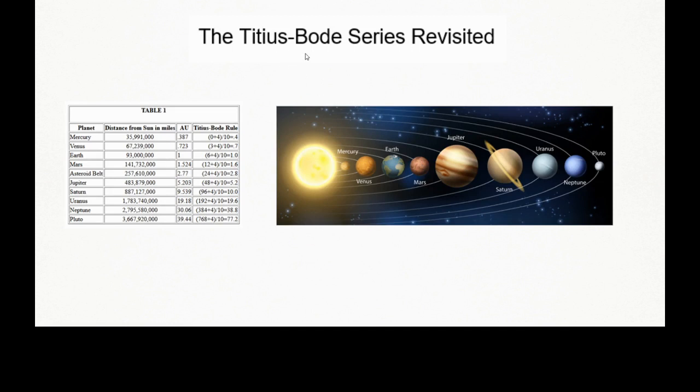The Titius and Bode were two astronomers of the 18th century, both with the first name Johann, who came up with a number series that reflected the distances of the orbits of the planets from the Sun and even predicted two orbits. So at the time, in the 18th century,